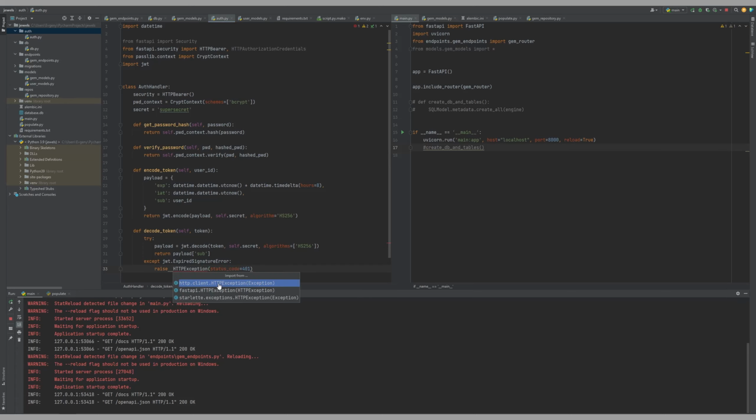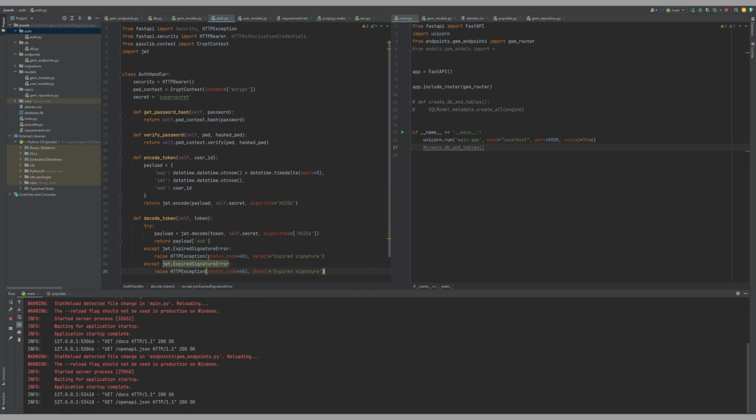And we can write that expired signature. And let's make another one for the invalid token error. Well, it's the same, but invalid token. Okay, now we can create a wrapper around that